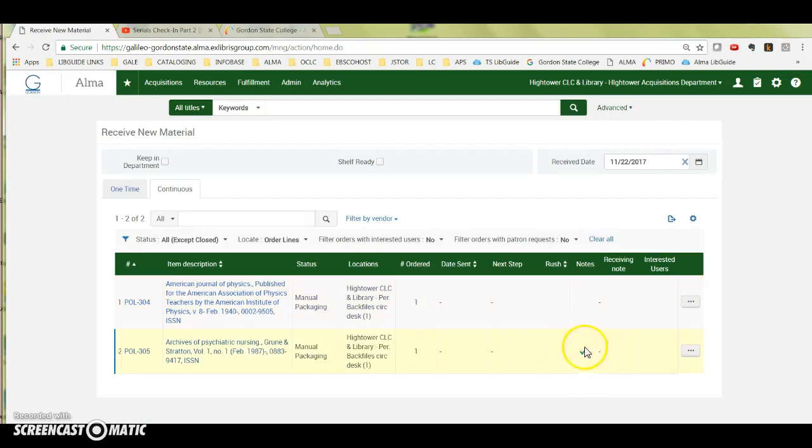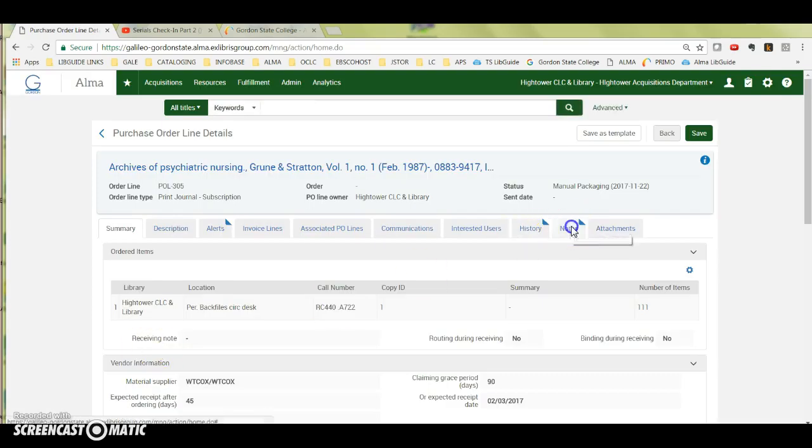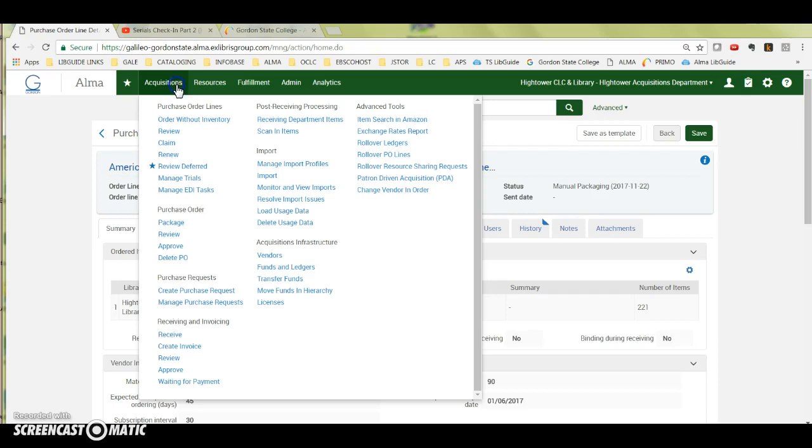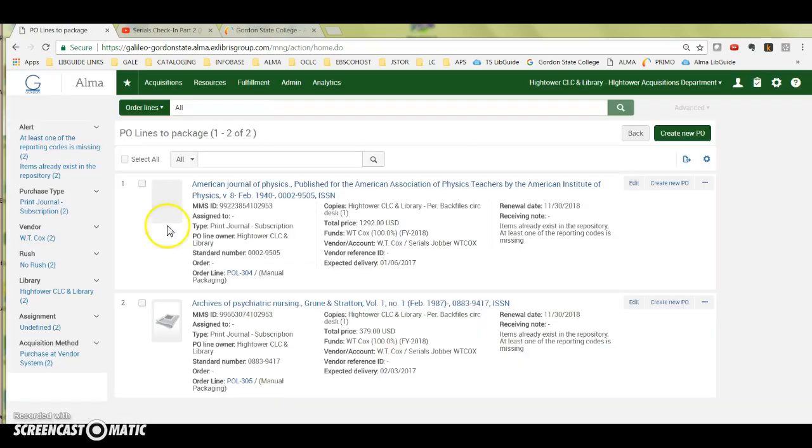Now, one thing you see is a green check mark here. If you click on the purchase order line and click on the Notes tab, you'll see that we have a note that the PO line was created with the Sign Inventory Manually option, because I had selected that when I created the purchase order line. If you look on the Acquisitions menu under Purchase Order Package, we have a list of PO lines to package, and I'll do this in another video, package these on